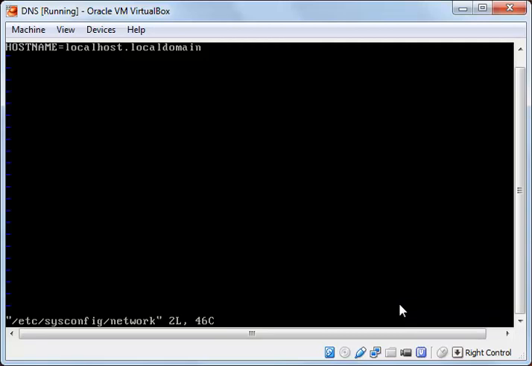I press enter to open it. I will get into insert mode, and I will add a line here. But first I will change the hostname. You can choose whatever name you like to give the server a name on the network. For example, here I will name it server1,